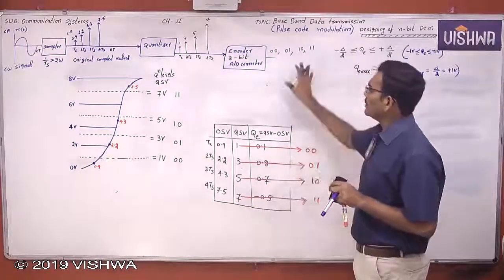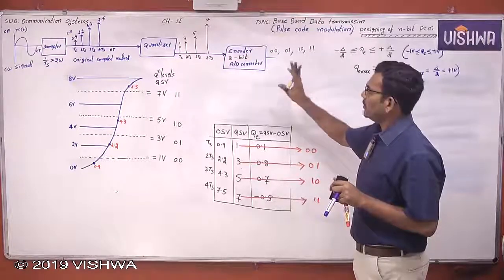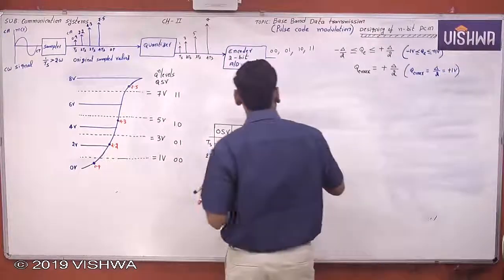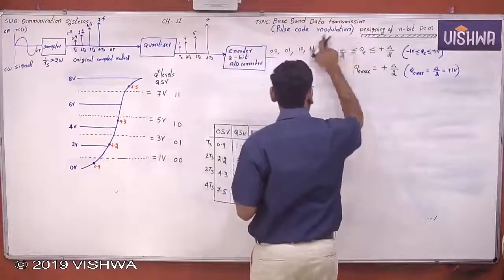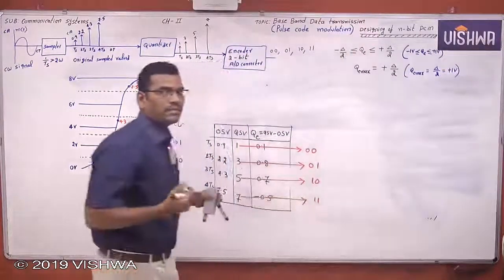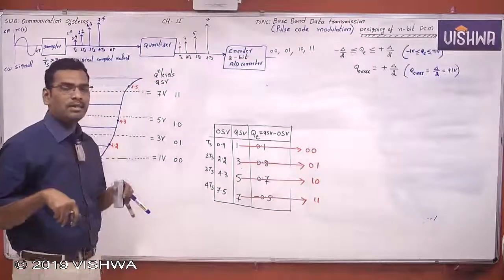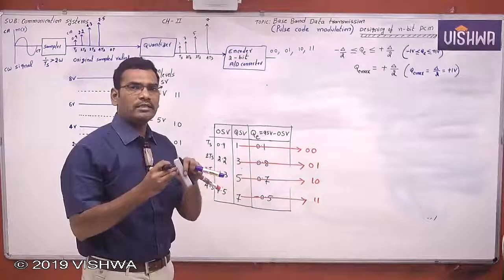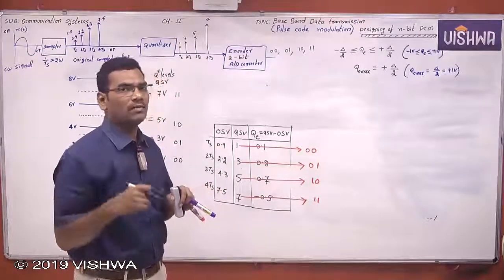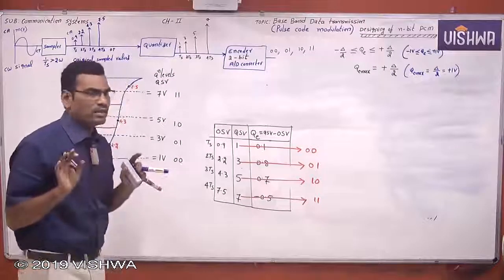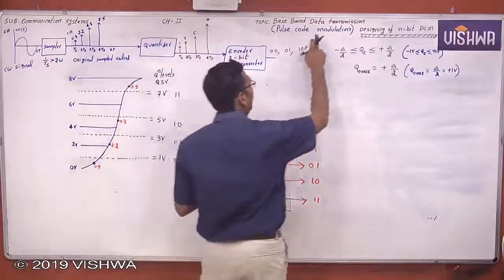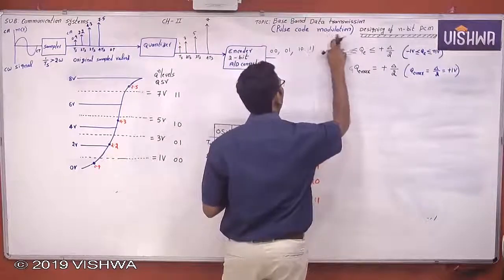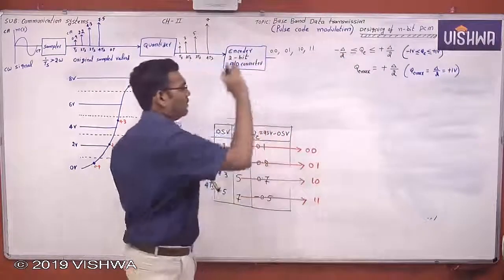Now, this is the sampling, quantization, encoding. But now the question is, students are asking, sir, why does modulation come into the picture? What is the meaning of modulation? Here, modulation is generally a high frequency carrier modulated by a low frequency signal. That is actual modulation, but that is analog modulation. Here it is also called modulation, but why is the word modulation coming? This is not the carrier type modulation.